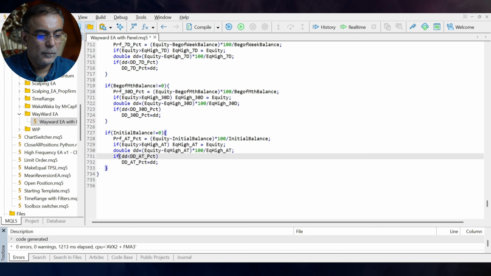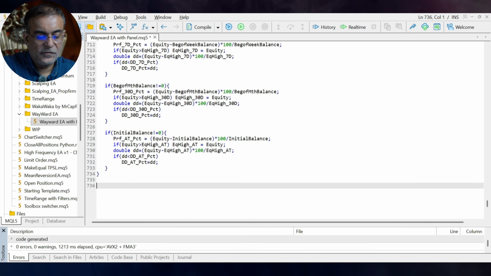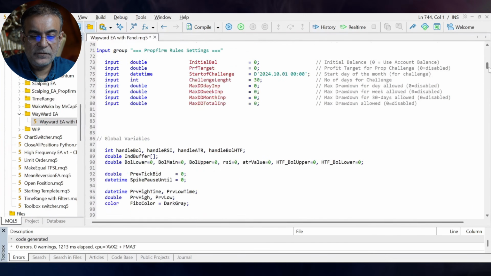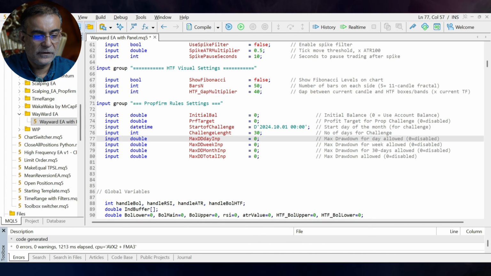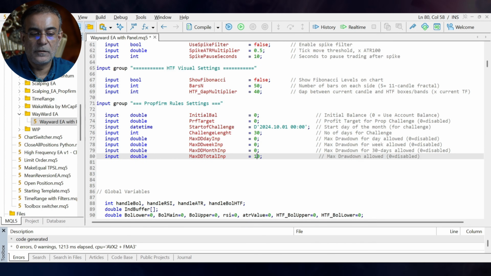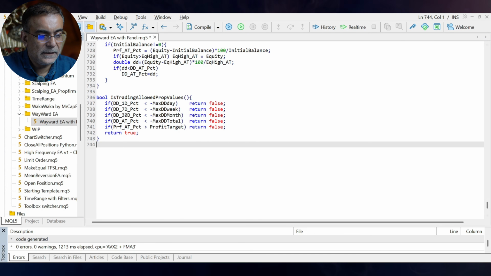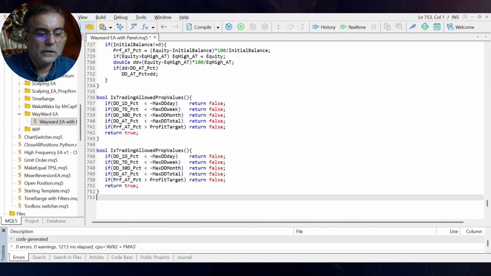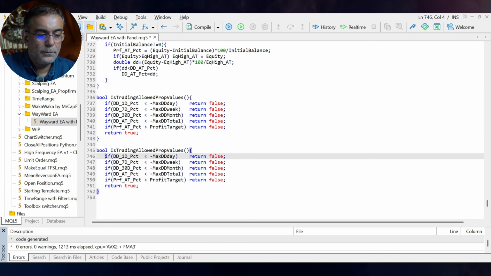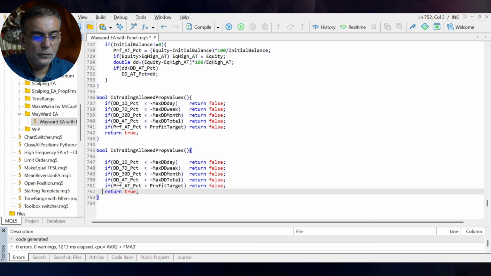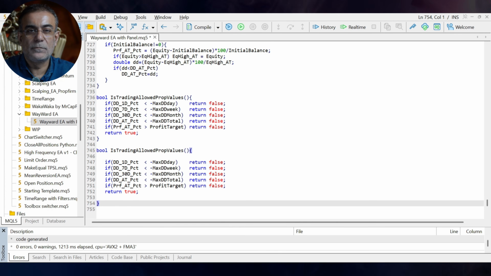And then we're going to create one more function, which is the trading allowed. Because what we have said here, if the user, for example, has set 10% maximum drawdown, as soon as the drawdown becomes more than 10%, the EA should stop trading. So this is what we're going to do here. At the end, create another function, and we're going to call it is trading allowed prop firm values. You can call it differently. I'm borrowing it from the scalping EA prop firm, so I'm still calling it the is trading allowed prop firm